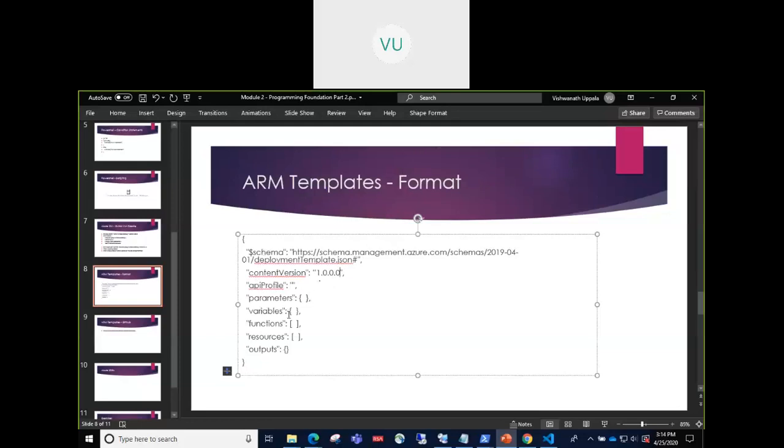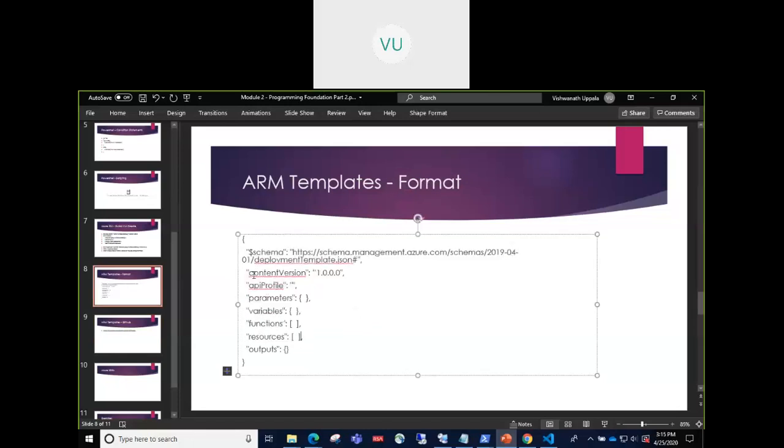Okay. So for today's session, what I would like you to take away is the structure of an ARM template, and what the different avenues are available for you to get these ARM templates from. So you don't have to go and recreate these ARM templates from scratch. And then you have to understand what each section within the ARM templates does. Okay, so take it step by step.